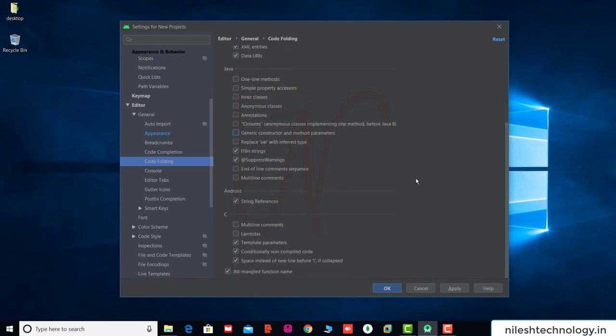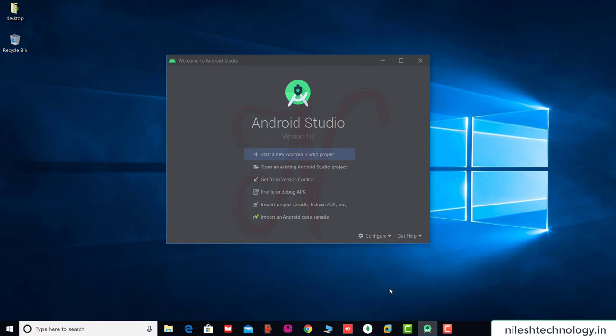When you start development in Android Studio, this is generally a good idea, because when these are checked they are more for the advanced programmer and they actually hide the code. It can be confusing if you are not experienced using Android Studio. So I am going to leave them unchecked, but you can obviously decide what you want to do there. Click on OK. Alright, at this point we are done with the configuration.